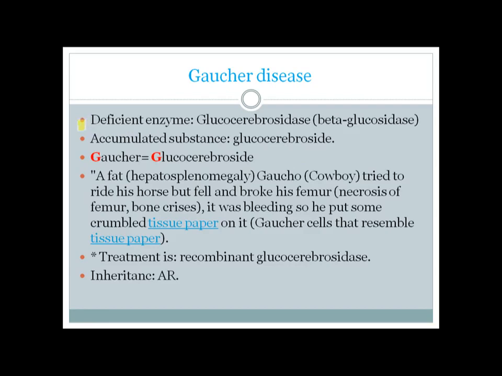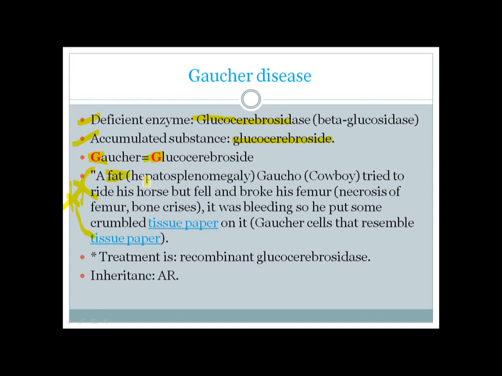So the deficient enzyme in Gaucher disease is glucocerebrosidase, and the accumulated substance is glucocerebroside. You can see the resemblance between the first letters. So in Gaucher disease, you have an accumulation of glucocerebroside. I have a story for you that I brought from some place. So this story tells you that a fat